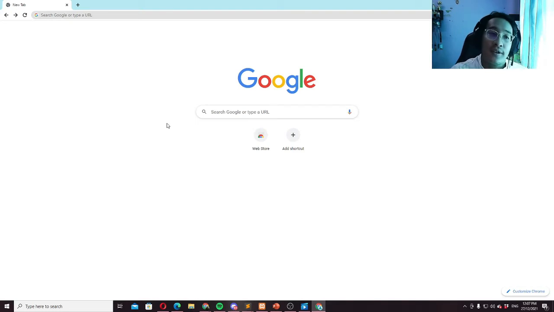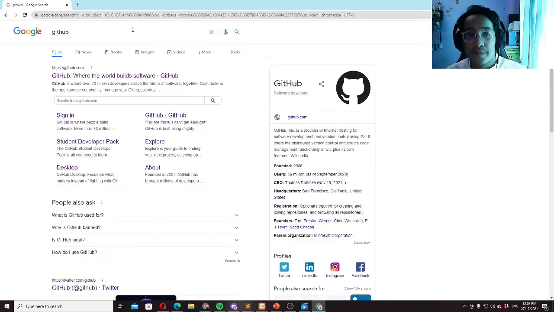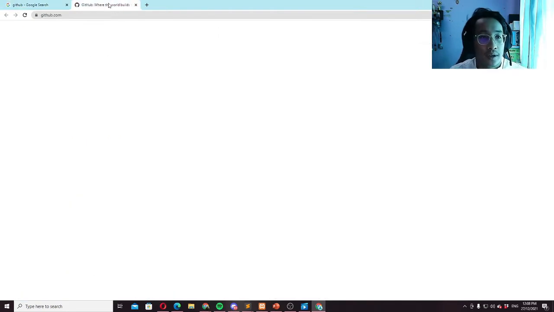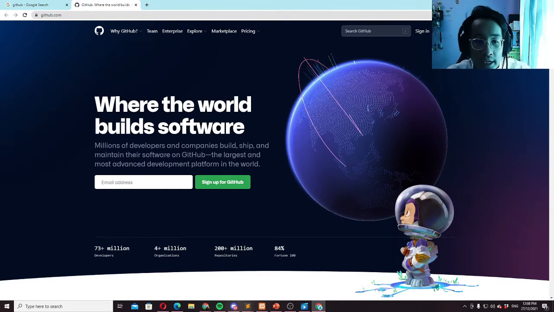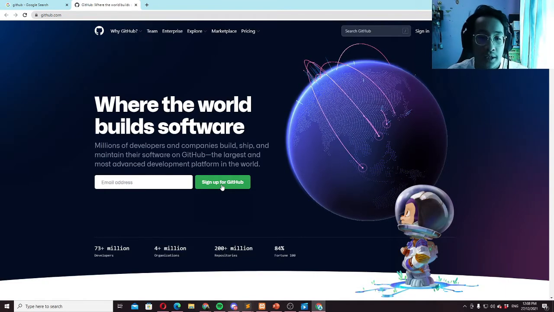Okay, in this process, I will show you how to install GitHub. Of course, we have to search GitHub first on Google or another browser and choose the first one. It will bring you to another tab, the homepage of GitHub. This is where you have to sign up for GitHub if you don't have an account. So we sign up